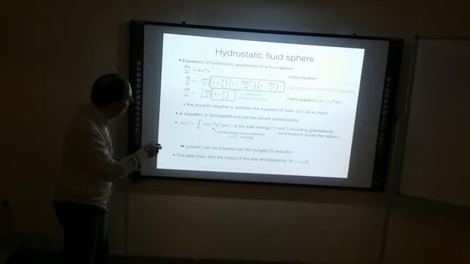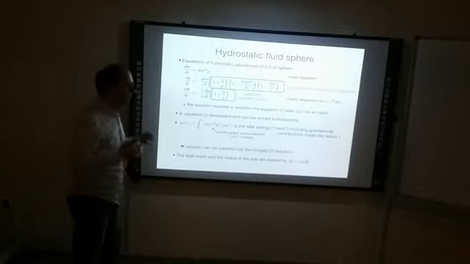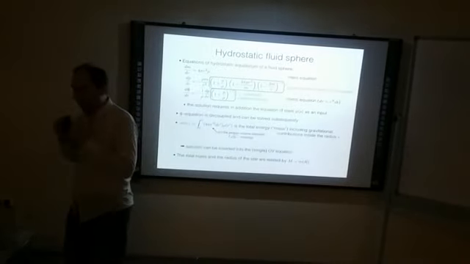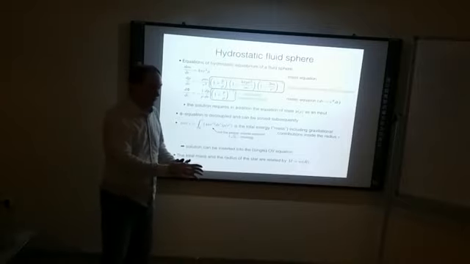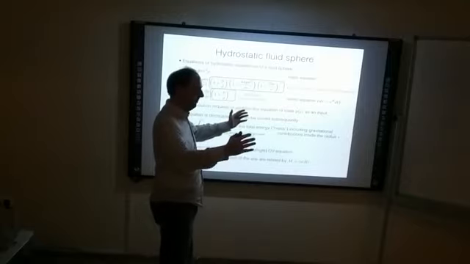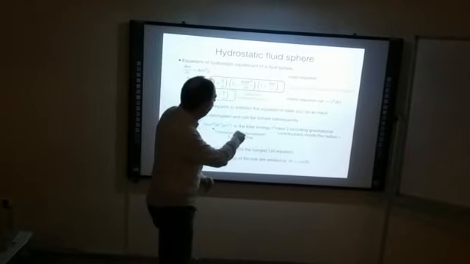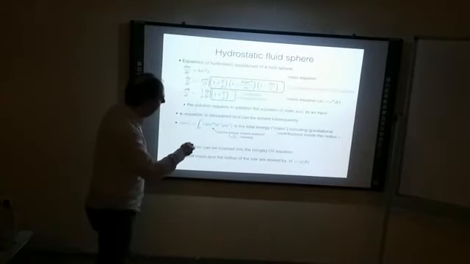This would be somehow an integrated version of this term, whereas this term here is something like 2m over r, and 2m is basically the mass, it's something called the Schwarzschild radius. That's the radius where the star would collapse to a black hole. The size of the star is usually always bigger than that radius, but if the star becomes so compact that the size is of that order, this term diverges and you will collapse to a black hole. That means that this is a term that knows about compactness.